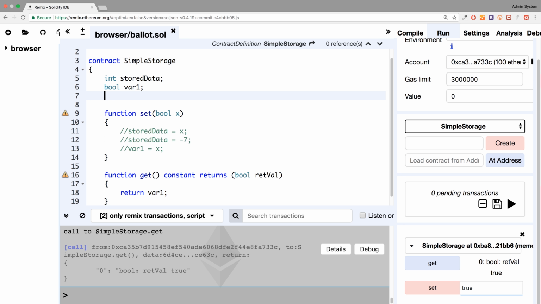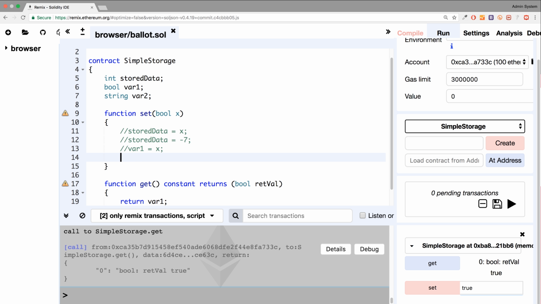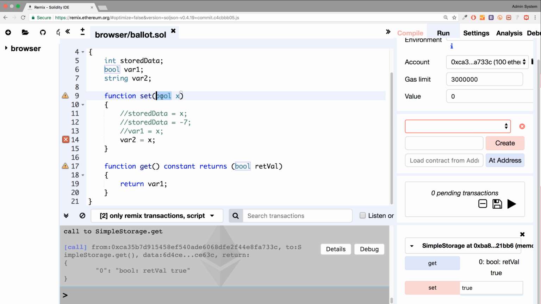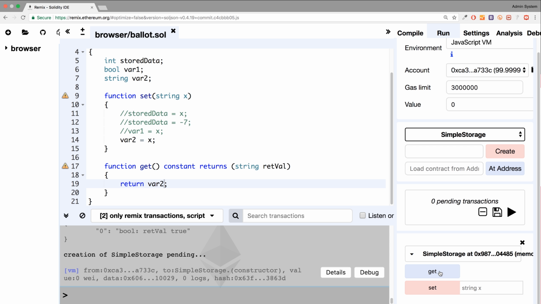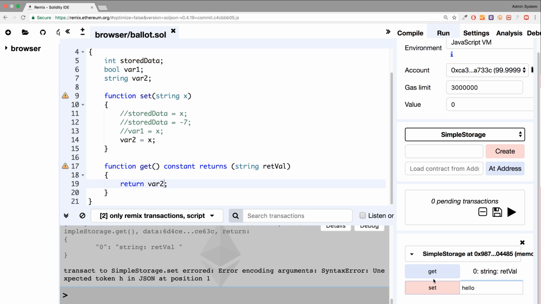That's a Boolean. Another data type is string. I think you can guess what that is going to be, and I'll call this var2. So var2 equals x, and we'll change this to string, change this to string, and change the variable that we're returning, like so. Let's create the contract. If I click get, it's just an empty string. If I put in hello, set, get,